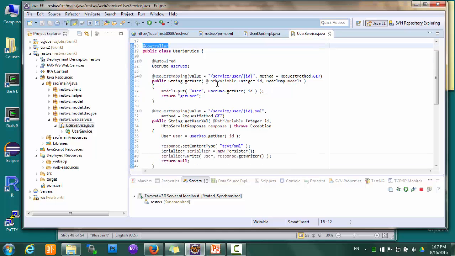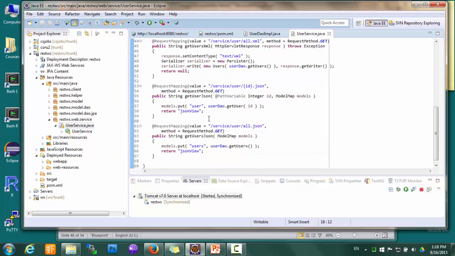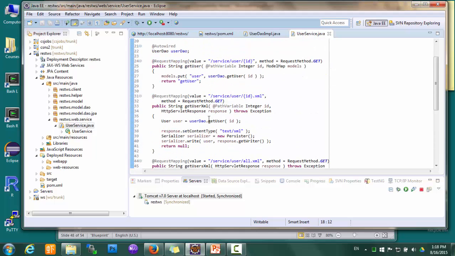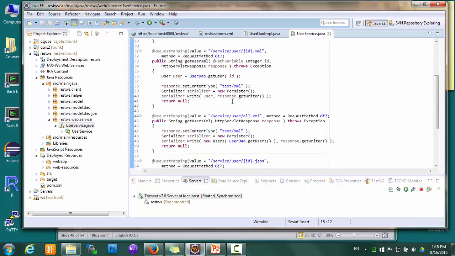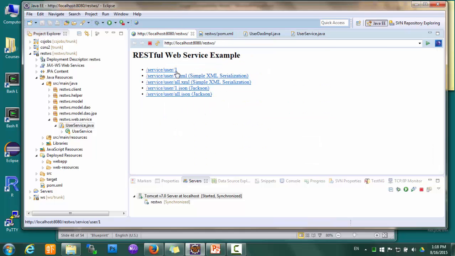But notice that although this one is implemented as a controller, now we're doing a web service instead of a web application. So if you look down at each controller method, you'll notice that none of them return any JSP or HTML response. Some of them will return XML, and some of them will return JSON. And so let's look at an example here. For example,